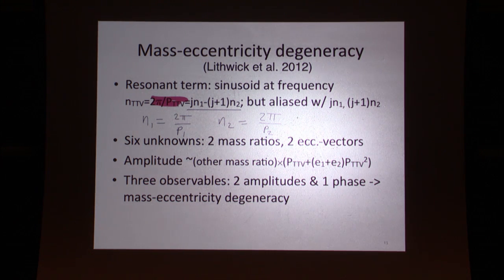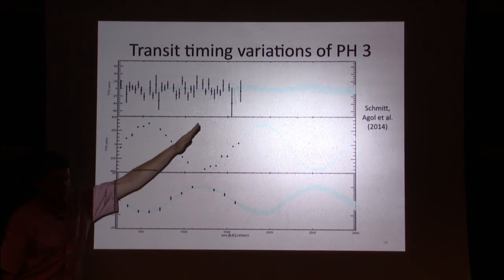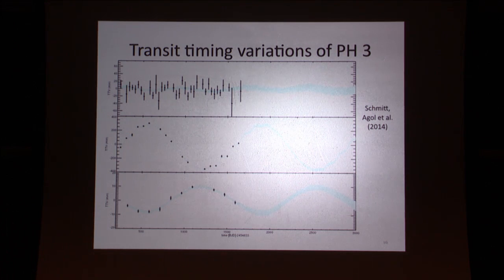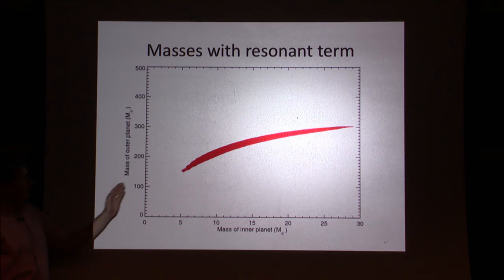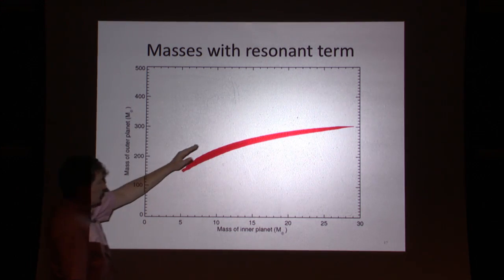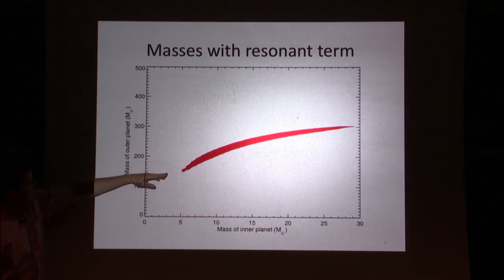OK, so that degeneracy means that if you just have good enough data to measure the sinusoidal signal, which is typical for many Kepler planets, this is one of the best signal-to-noise transit timing variations because the amplitude is so large. So if you could just measure that long time scale resonant signal, then this degeneracy leads to the following measurements of masses, which are extremely poor. So the outer planet,